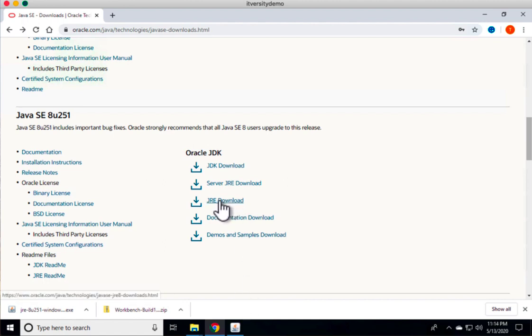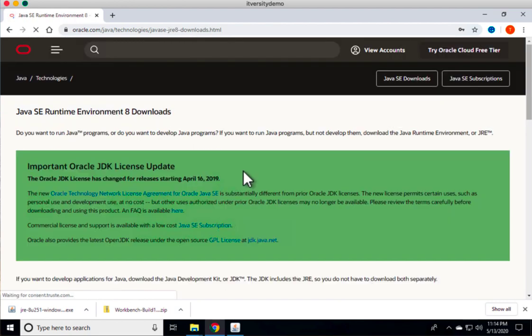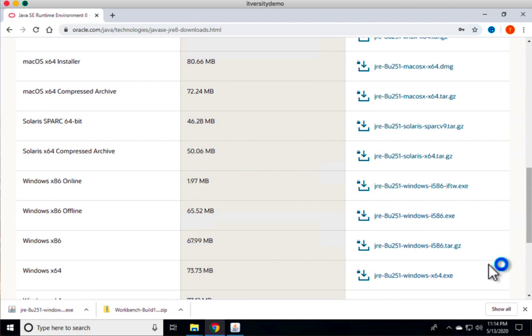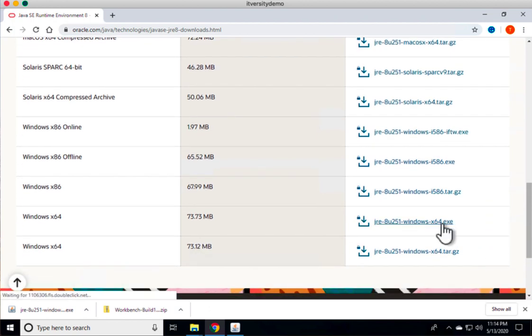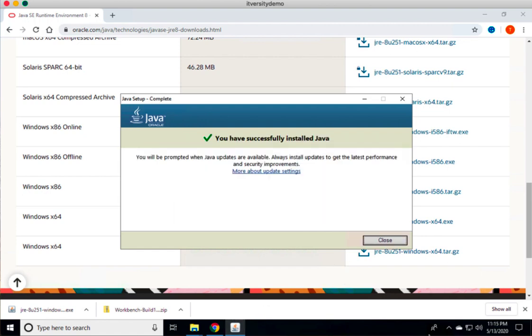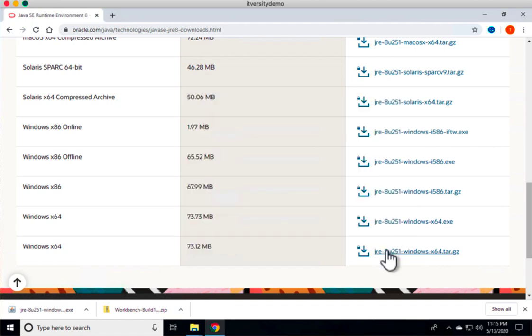So this is the one which I clicked on to go to the next page, and as part of this page I went to the Windows 64-bit and started downloading this exe file, and then I started installing using that one. Let's wait until the installation is done, then we'll go to the further steps. Now the installation is done, we can click on close.